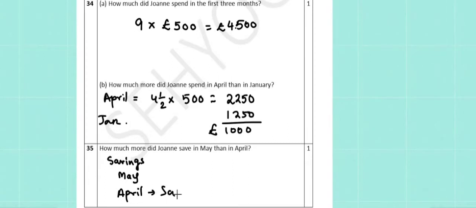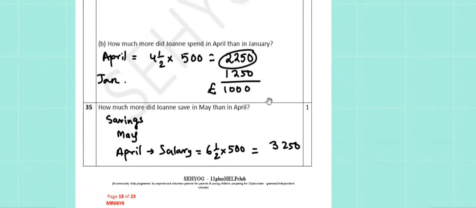So we will get the salary of April, that is 6.5 coins times 500 pounds, and 6.5 times 500 gives us 3250 pounds. And we already have the expenses of April, that is 2250 pounds. So we subtract it to find the